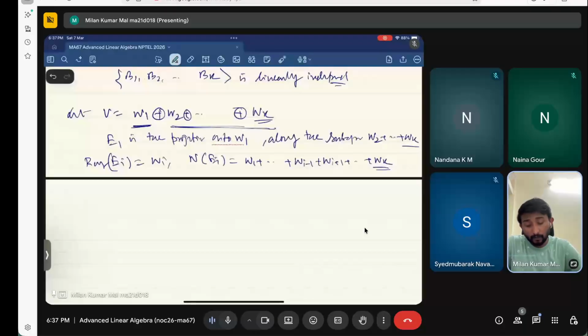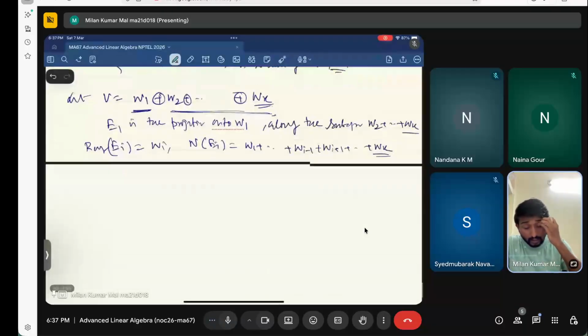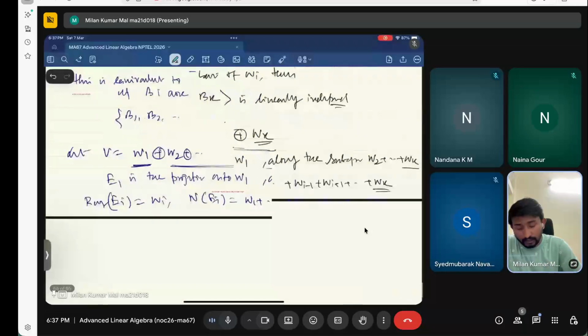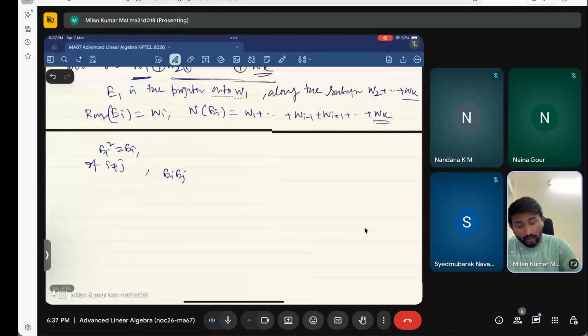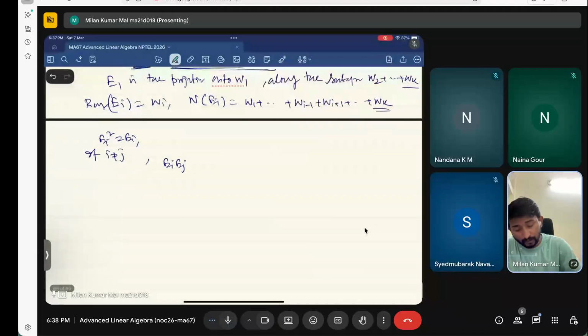Then what properties will it satisfy? Clearly, Ei are projections, so Ei square is equal to Ei. But what is Ei Ej if i is not equal to j? Note that Ei Ej acts on an element alpha, and alpha should look like alpha 1 plus alpha 2 plus all the way plus alpha k, where